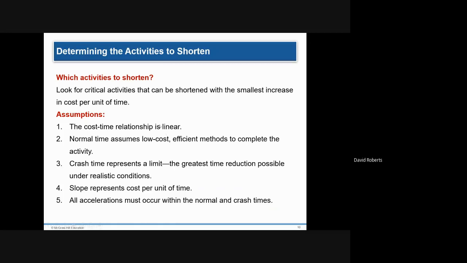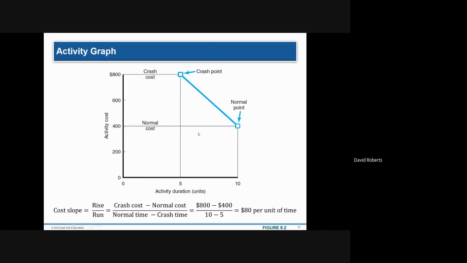And you have a range, what I call crashability. So if its normal time is 7 days, but you can do it in as little as 3, the crashability is 3 days. You can compress it 1 day, 2 days, or 3, from 7 to 4, but you cannot, no matter how much money you have, have it done in less than 4 days. And you assume that it's linear.